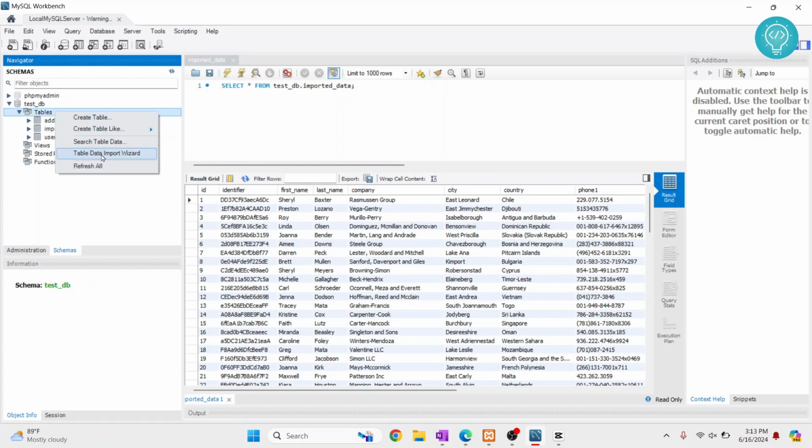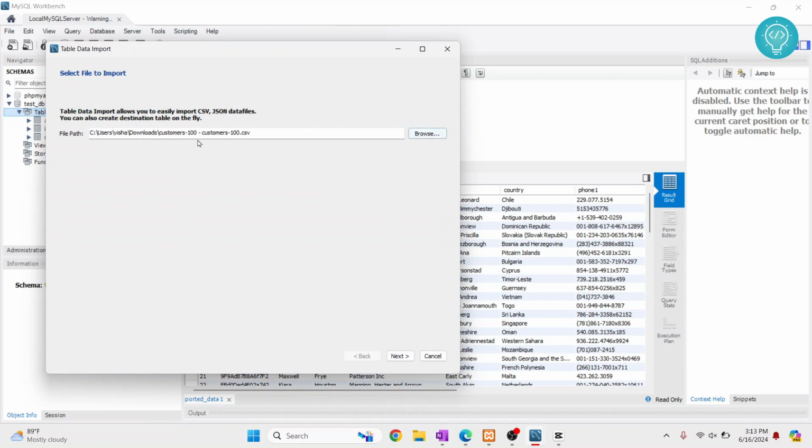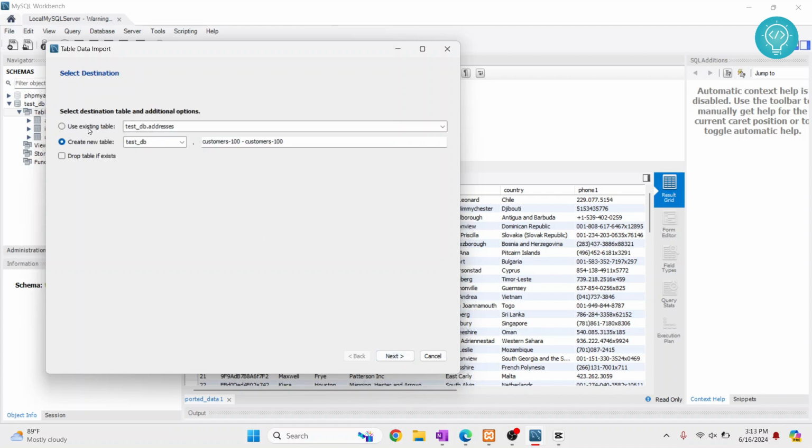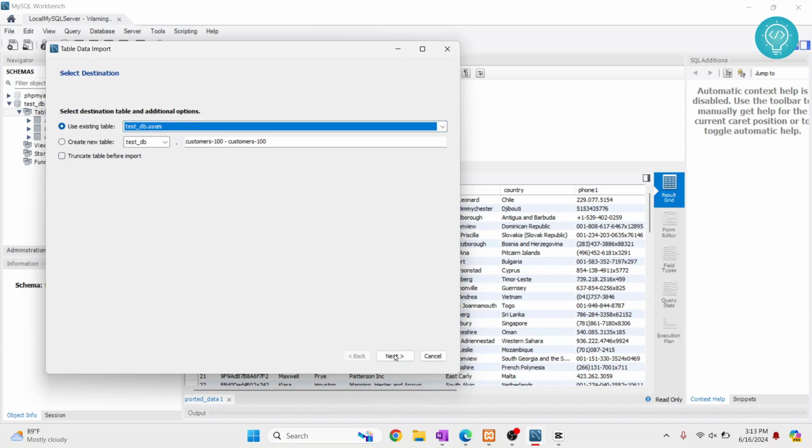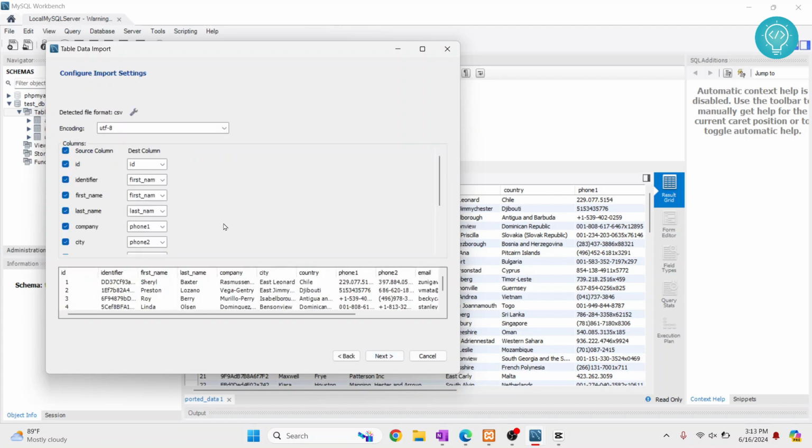click on this and click on Table Data Import Wizard. Okay, this is the default file that will be shown, the one that was chosen the last time. Click Next and click on Use Existing Table, and from existing table, let's say we choose this users. Click Next, and here